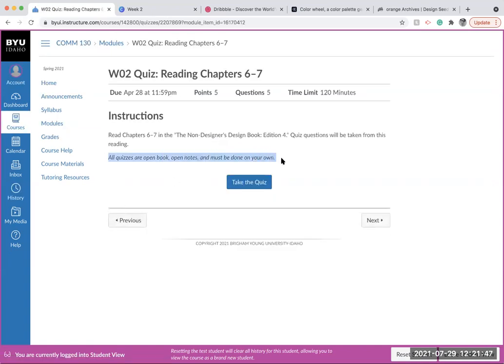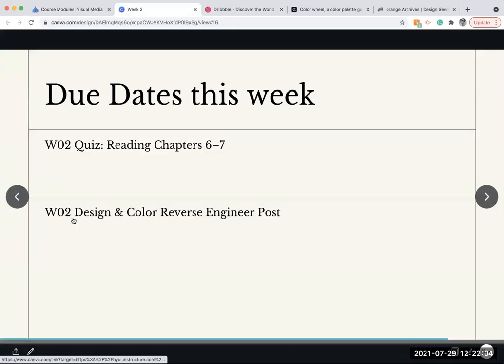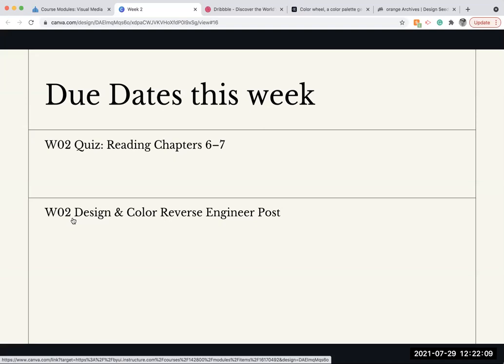Remember, this is an open book, an open note test, but you do have to do it on your own. You have 120 minutes. Don't exit out before you're finished. Stay on one tab, and then you'll have 2 hours to complete it. It's only 5 questions. Next up, we have our first reverse engineer post, our first of many, and it is